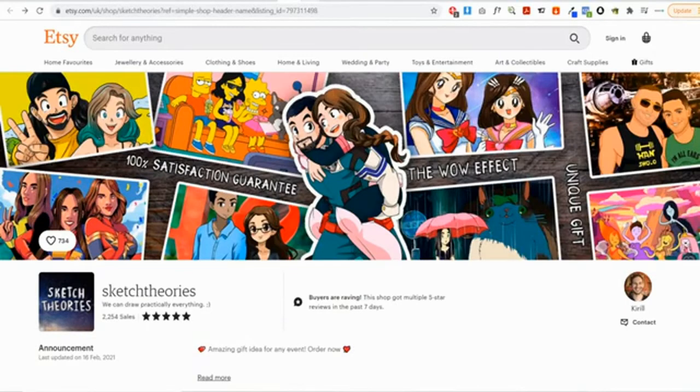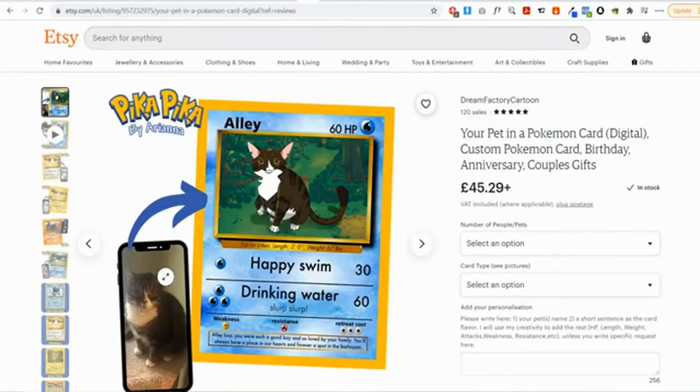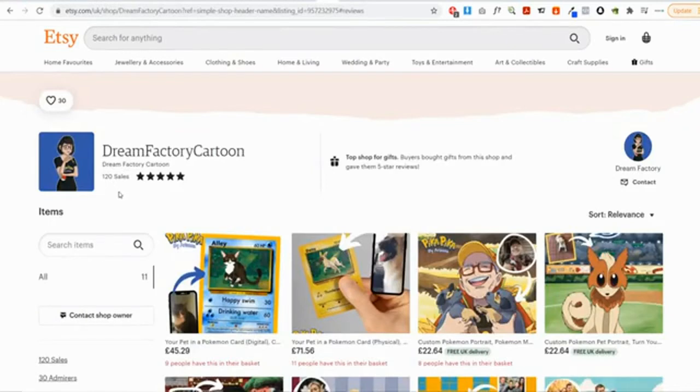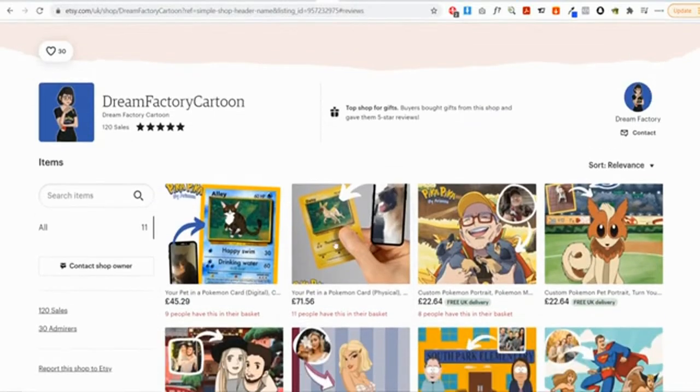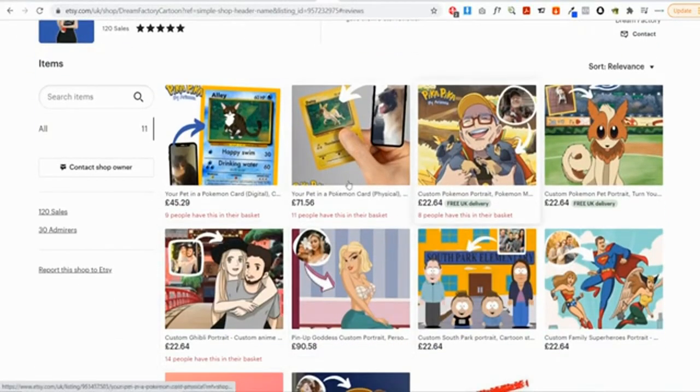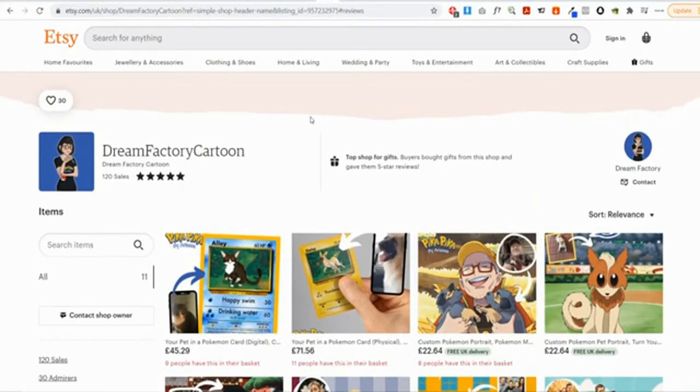So I just want to show you some more Etsy ideas over here. They will go and turn your pet into a sort of Pokemon style artwork. So I thought that was a really cool one as well. And once again, this store has made 120 sales. So when you are thinking about the type of niche that you want to pick for this type of artwork, of course this is all anime and manga related artwork, but there are loads of different niches that you could go and use for this artwork, and I'll show you how you can go and get this artwork